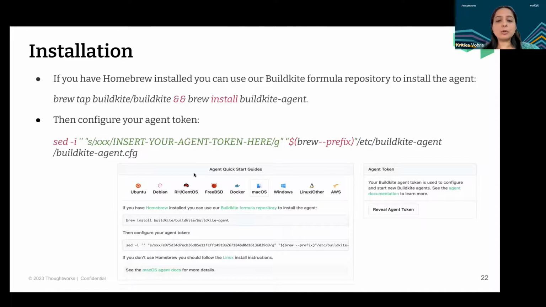So if you could see below over here, the image is of the agents page in the Buildkite UI. Here you could see these are the various platforms where Buildkite agents can be installed. It can be installed on Ubuntu, Debian, CentOS, FreeBSD, Docker, macOS, Windows, Linux, also on AWS. So if you could see below, these are the Homebrew commands and also the installation steps we just need to